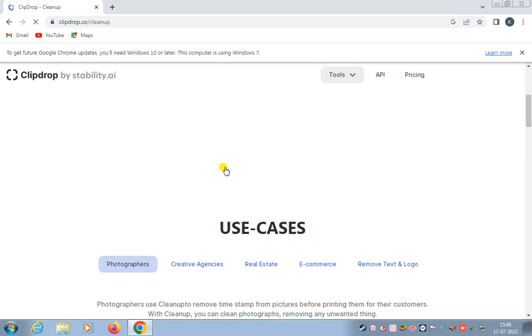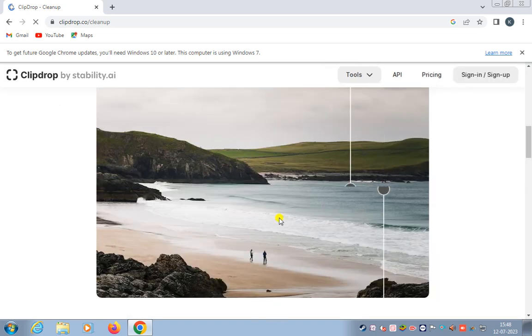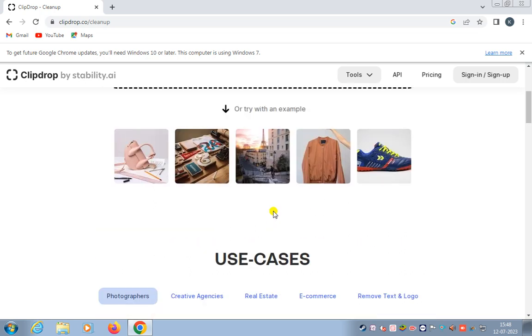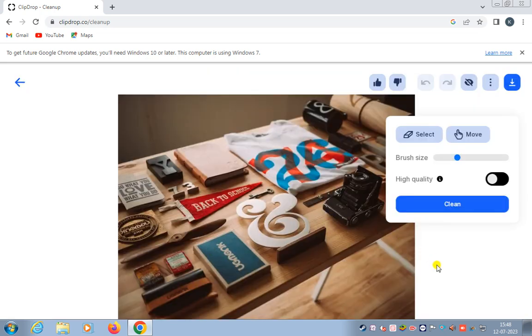Now here you see there are many photos. If you want to clean up something, let us take this photo. Let's take any of the photos. Suppose we have taken these photos, and you want to clean something. What do you have to do? Suppose you want to clean this book. We have to remove this book. You just take this one